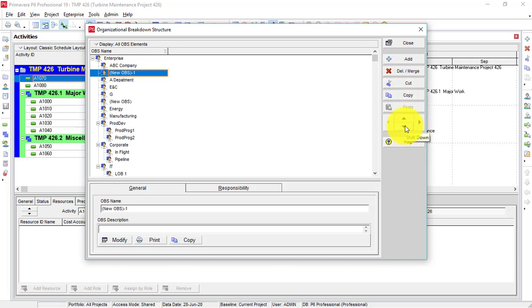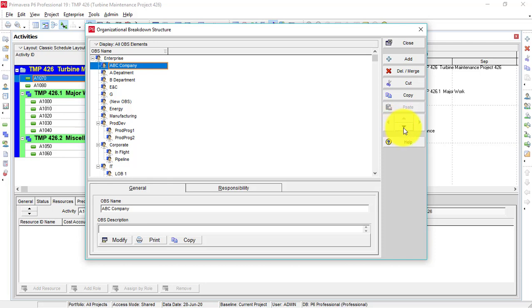From these four buttons you can move up, down, left, right. Here I add B department, because you can add different departments according to your company, like engineering department, construction department, finance department.